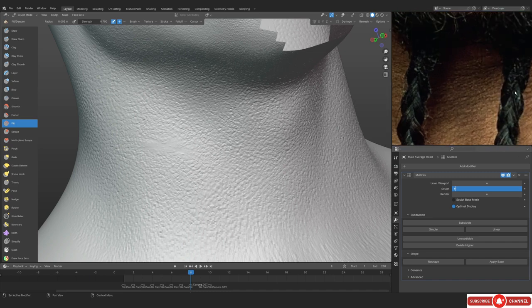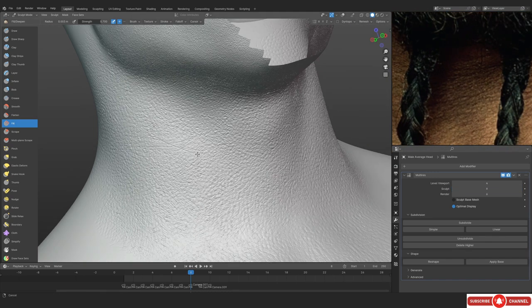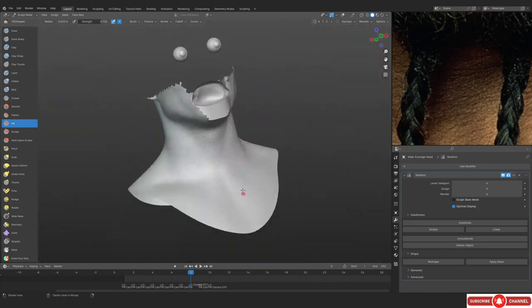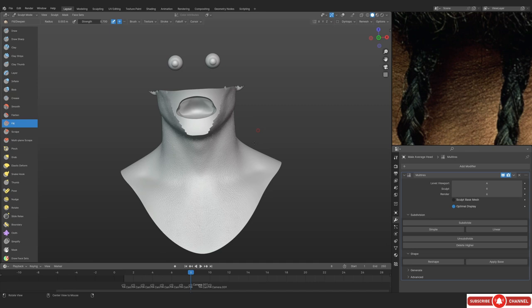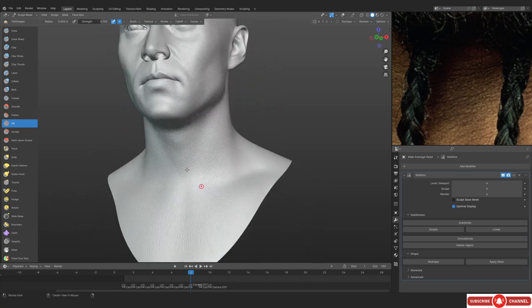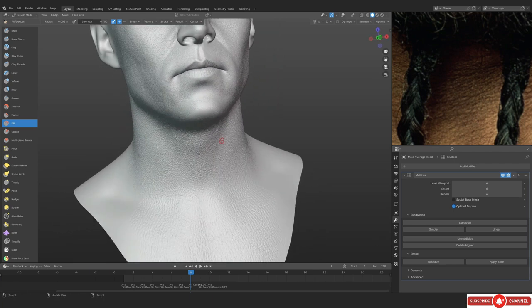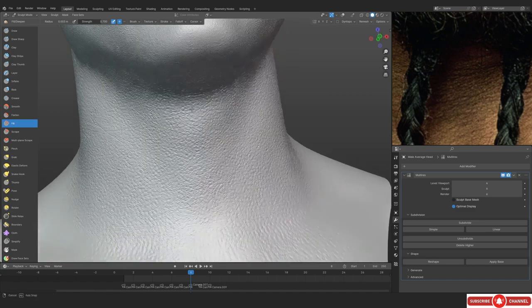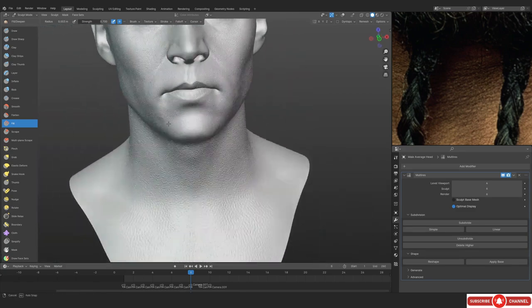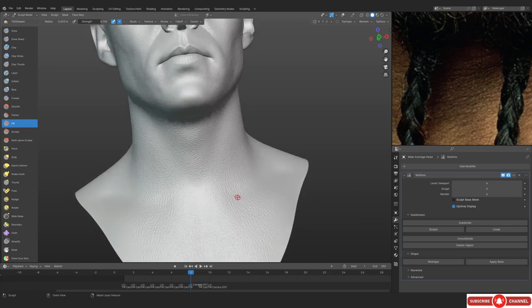All right, let's go to the high subdivision to see what exactly we did. And yeah, we can start doing the line thing. It must be your favorite thing right now, right? To just create the vertical and horizontal lines. In this case, we obviously don't have pores to connect, so we won't have to connect the pores. But still, you can follow some of the lines that we've created using the direction brush. That way, we should be able to get a pretty decent result.